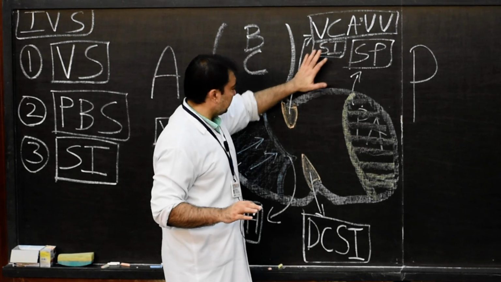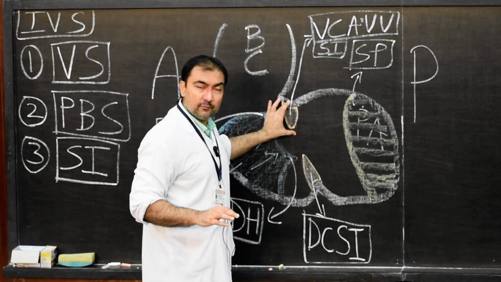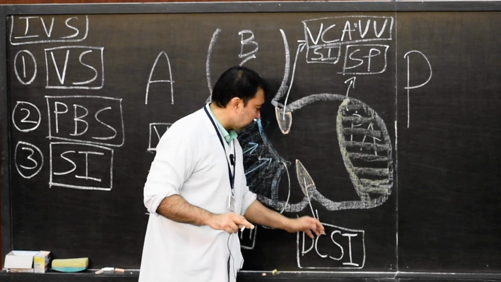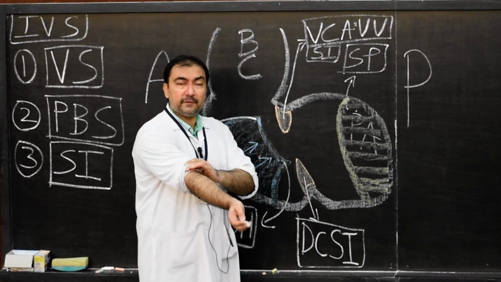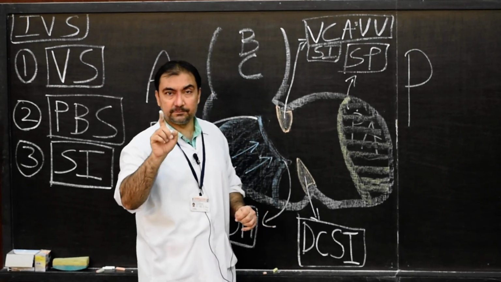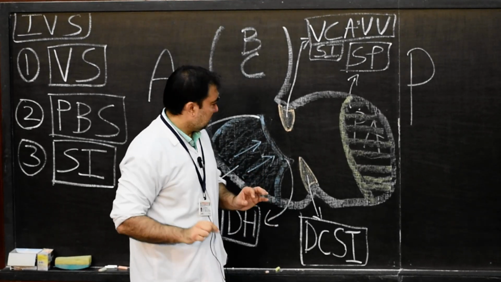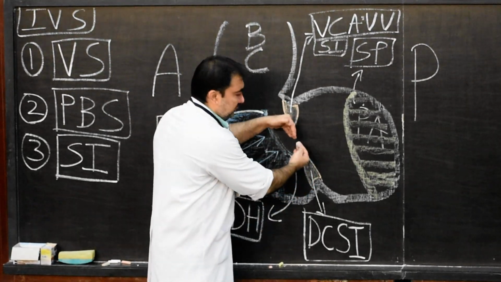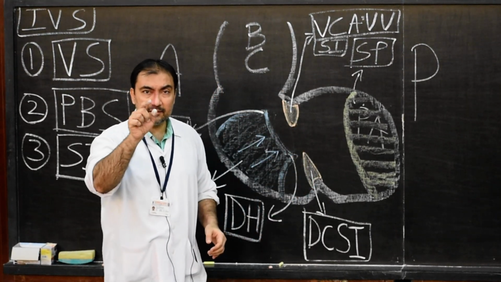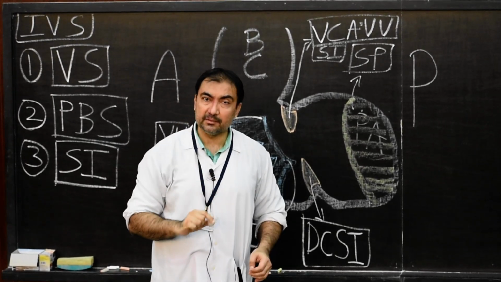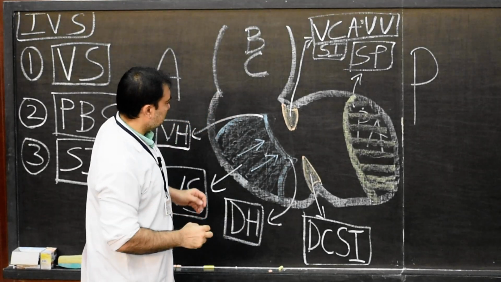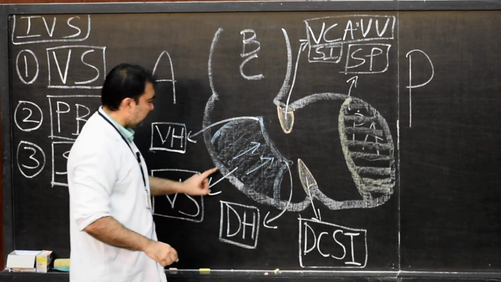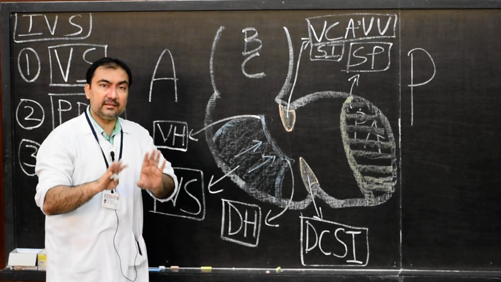So ventral cushion of septum intermedium from the ventral wall of atrioventricular canal, dorsal cushion of septum intermedium from the dorsal wall of atrioventricular canal. Please note down. Now these two septa will fuse with each other and they will develop into septum intermedium. So therefore, this is the second point in the development of ventricular septum at this stage.